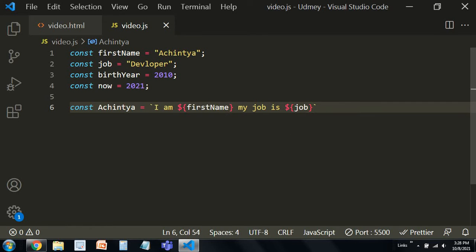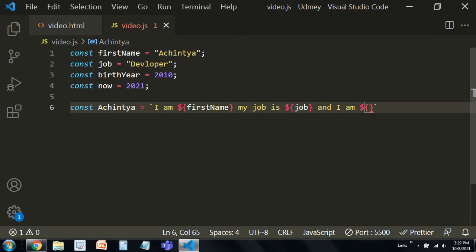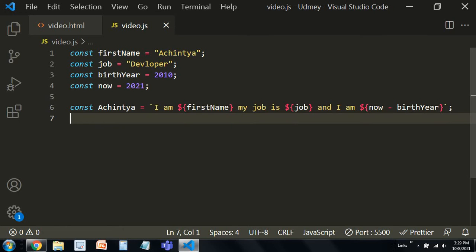Make sure to give it a dollar sign then curly braces, so it indicates a variable. Then I am, and we need to calculate the age, so we're going to make it now minus birth year. This much information is enough, I think.